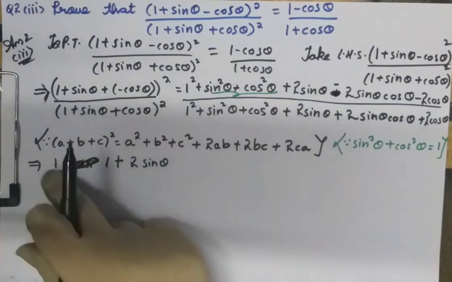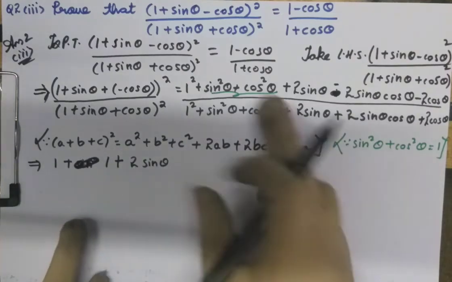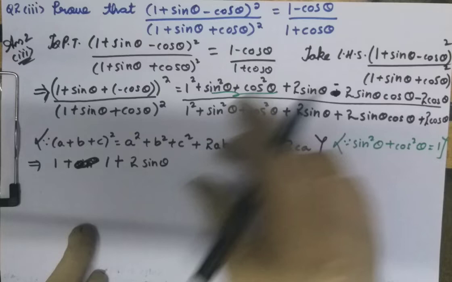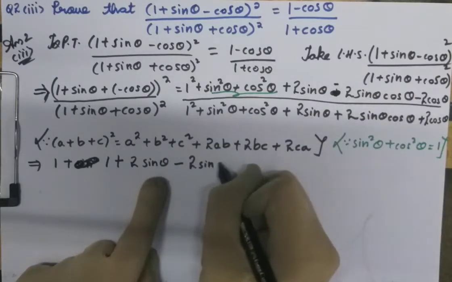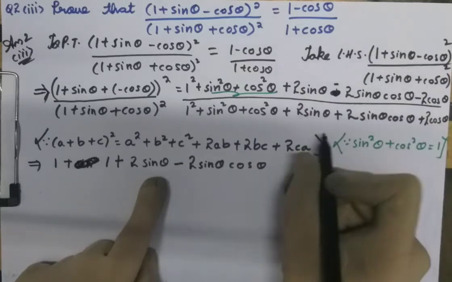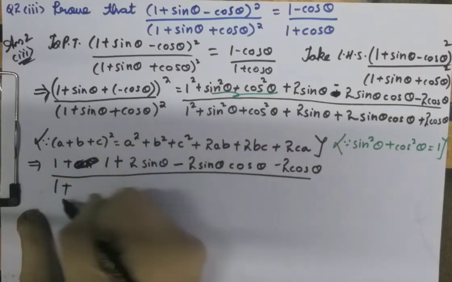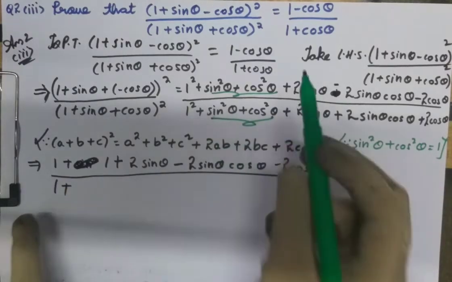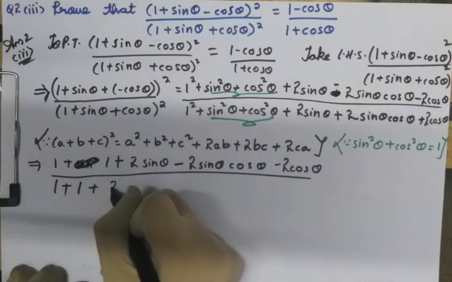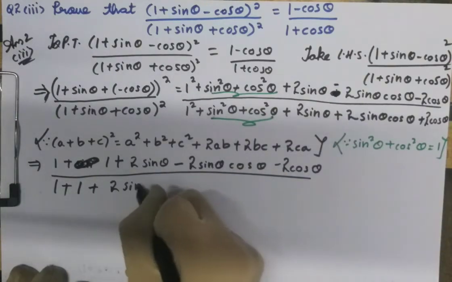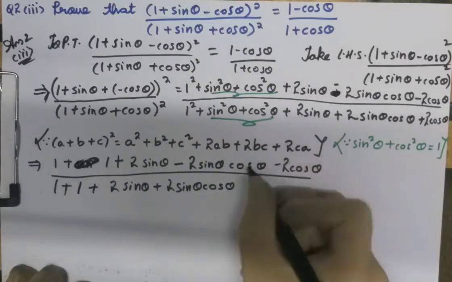It will be easy because here we'll have 1 plus 1 as 2, right? So we can divide this also. So in the next step we'll divide by 2. Here we'll write this identity as it is and these terms as it is. So what do we have? Minus 2 sine theta cos theta minus 2 cos theta, whole divided by 1 plus, again we have sine square theta plus cos square theta. You can write sine square theta plus cos square theta as 1 plus, same thing I'll copy, 2 sine theta plus 2 sine theta cos theta plus 2 cos theta.